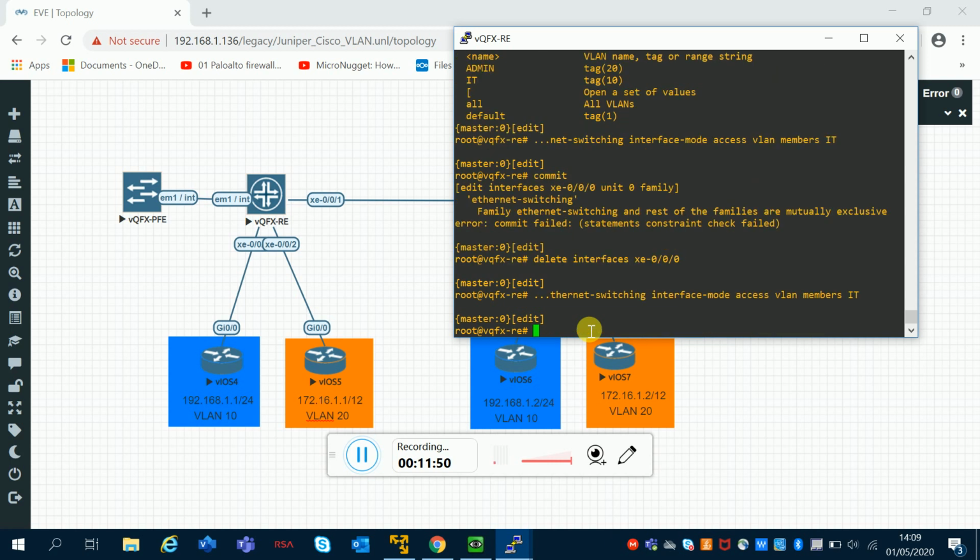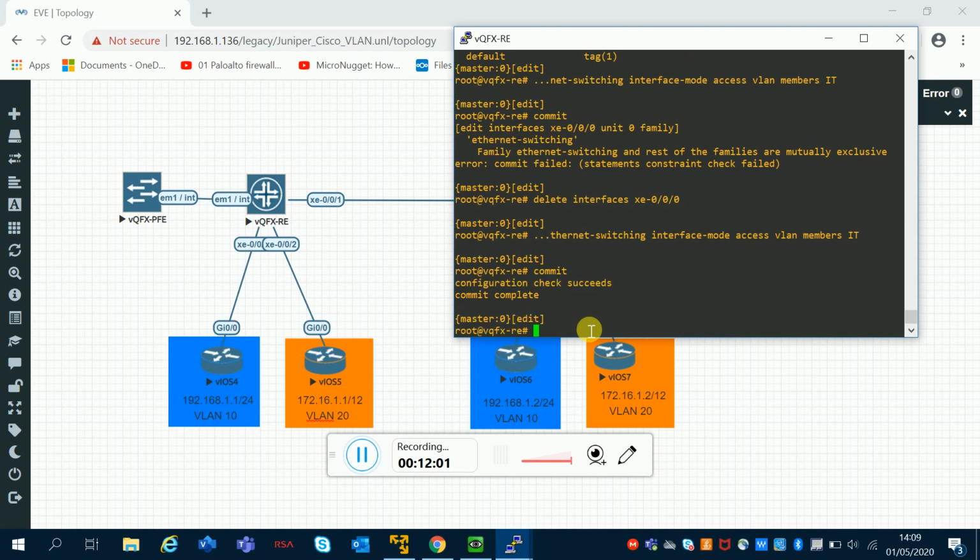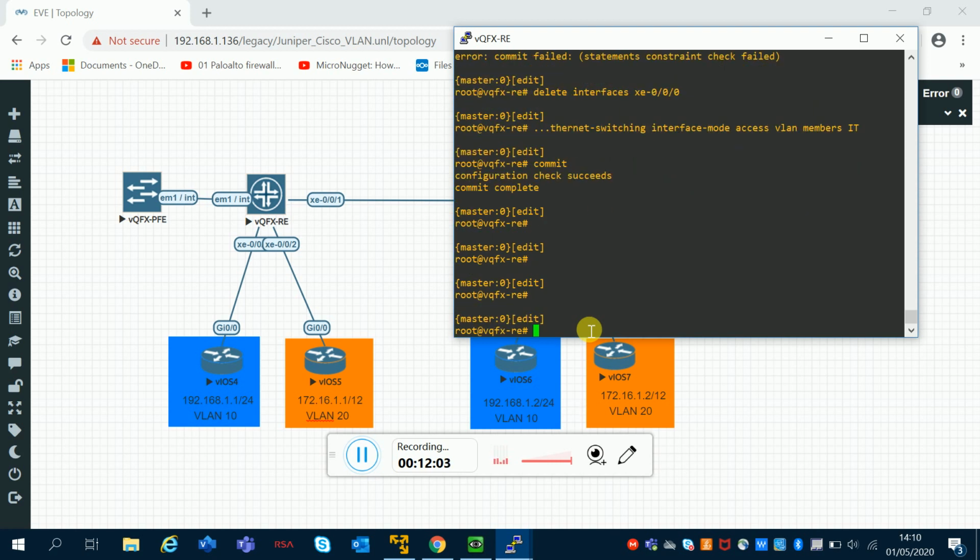Hit enter, commit. Now check the status of ge-0/0/0. Run show configuration interfaces